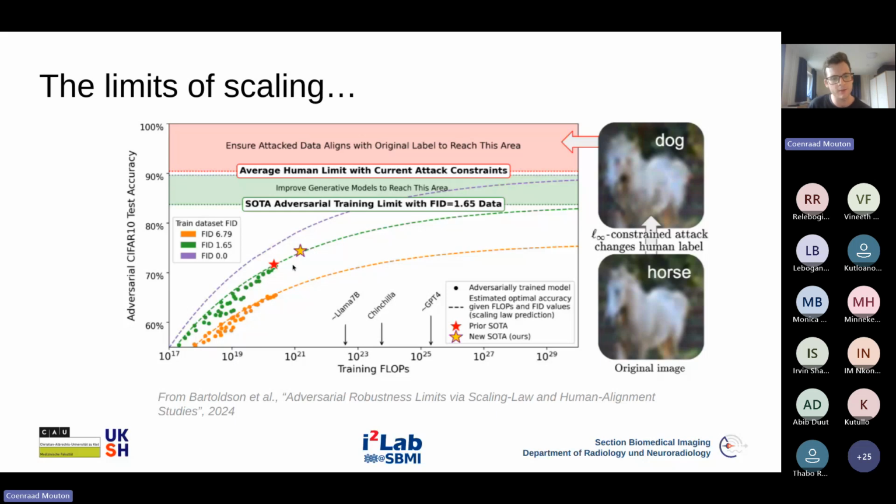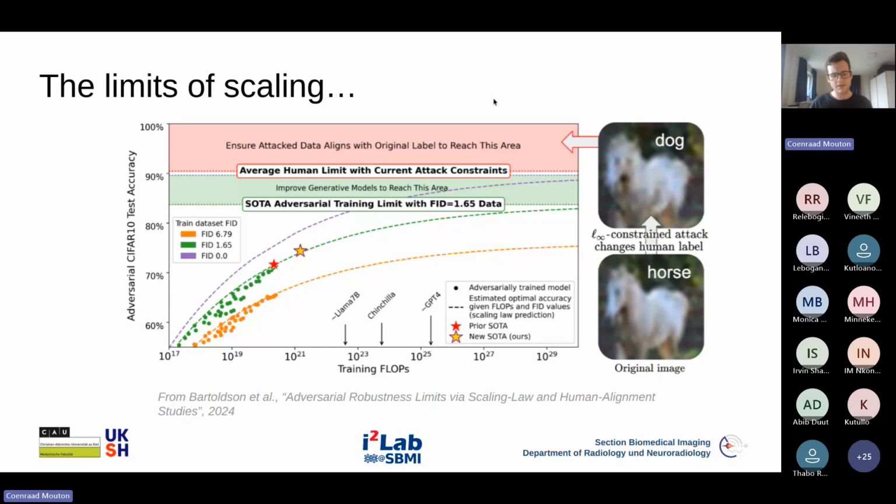Also quite interesting is that in this paper, they actually found that the human limit is not 100%, it's 90%. For CIFAR-10, since the images are so low resolution, even though we only add very tiny perturbations to the images when we're creating adversarial examples, there are sometimes, in around 10% of the cases, where even such a small perturbation does actually change the meaning of the image. Here they're showing a horse, and if you add a very small perturbation to it, it does actually look like a dog. You can see that this looks a lot more dog-like than it does horse-like. So the human limit is around 90% CIFAR-10 test accuracy.